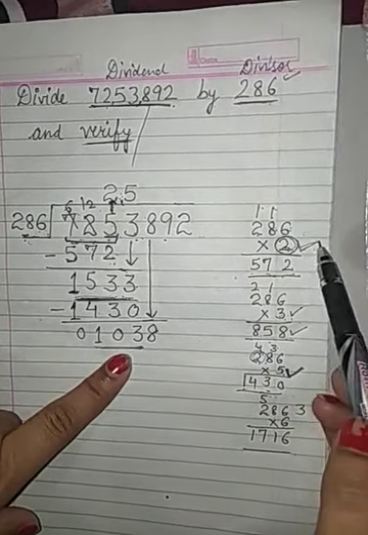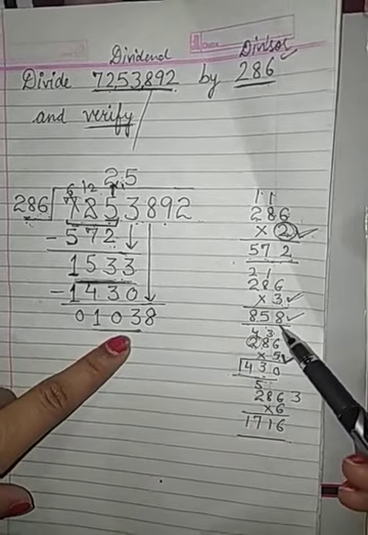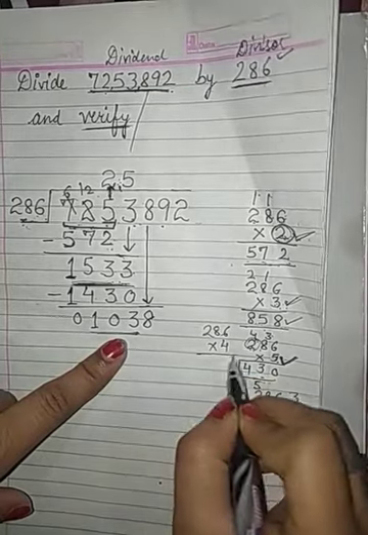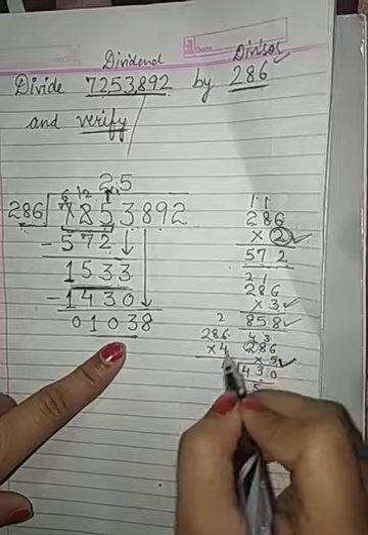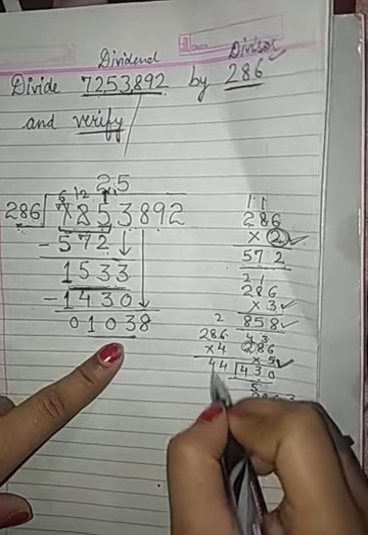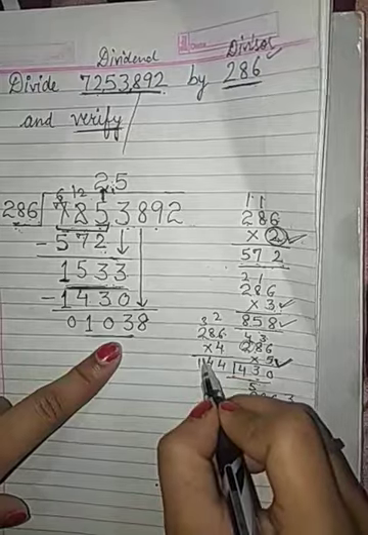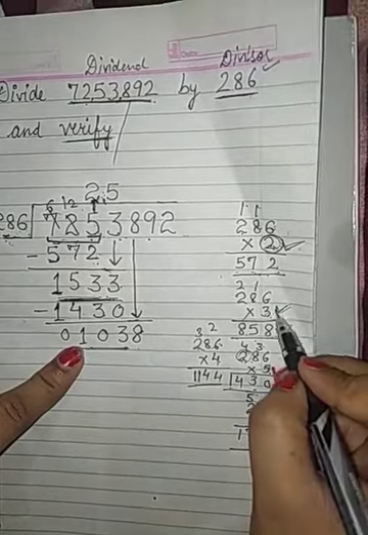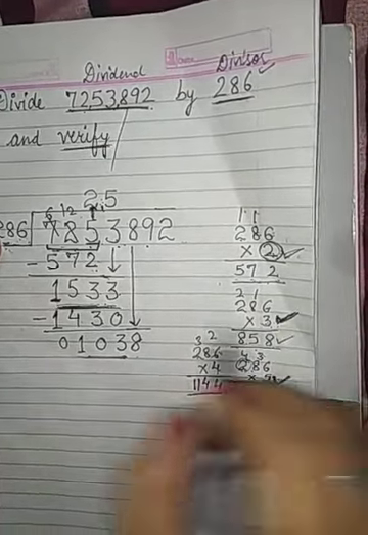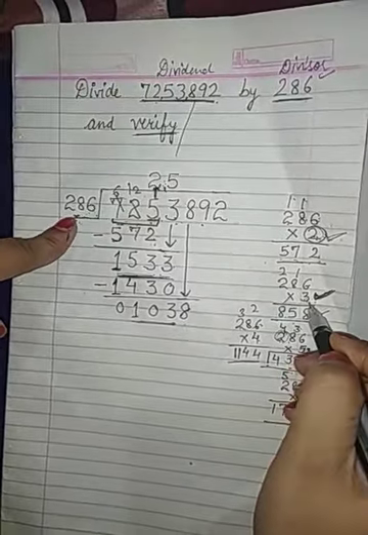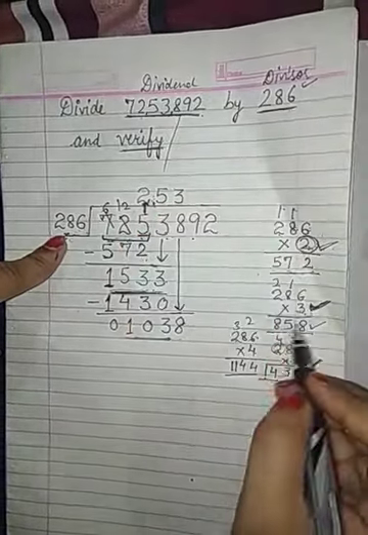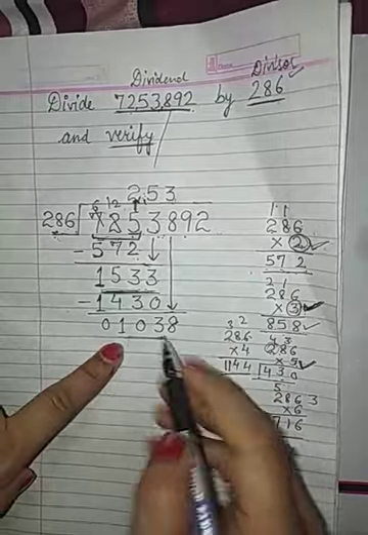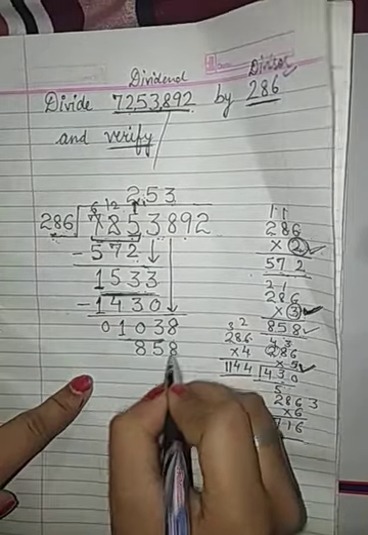Here I have written on the right side multiply by 2, 3 and 5 also, and then I want to check with 4 also. So 286 I am going to multiply by 4. 4 6s are 24, 4 8s are 32 plus 2, 34, 4 2s are 8, 8 plus 3 is 11. So it is coming bigger than 1038, so I will go with 3. So I am going to multiply 286 by 3, then it will be 858. This number you have to write at the top of the 8, because 286 multiplied by 3 is 858. Then we will subtract.